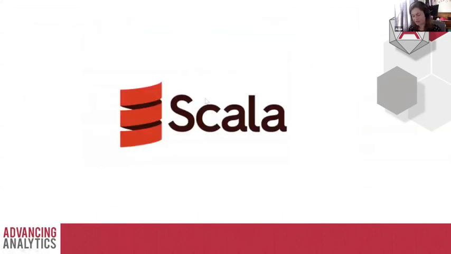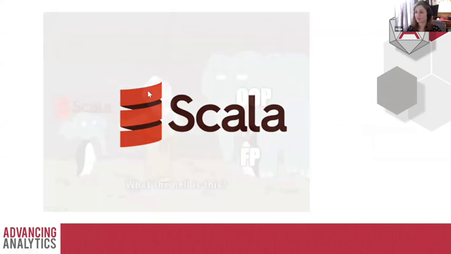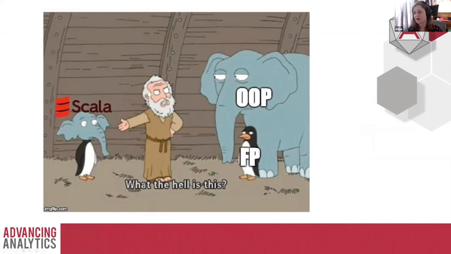So, Scala. As mentioned, Spark and Databricks are written in Scala under the hood. Why is Scala so good? Well, first things first, what is it? Scala is a programming language that is developed to allow you to write object-oriented programming and functional programming. Now, for those who know what those are or have a rough idea, you'll know that they're very, very different paradigms. So to merge them together, as illustrated here, it is a very weird marriage. And Scala isn't unique in doing it, but it is one of very few languages that actually offer this.